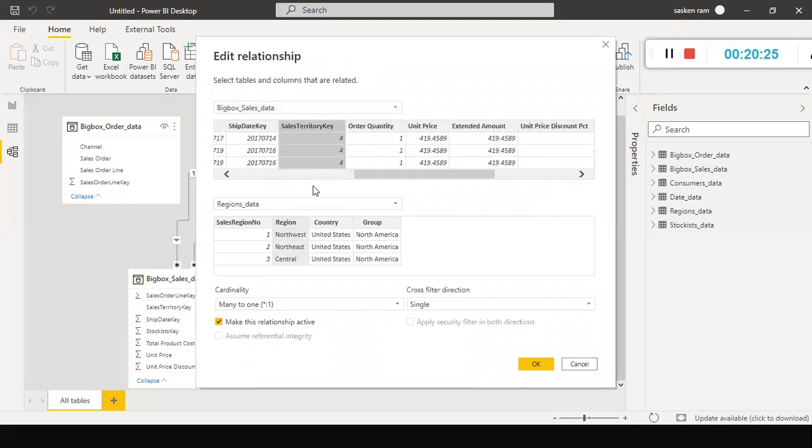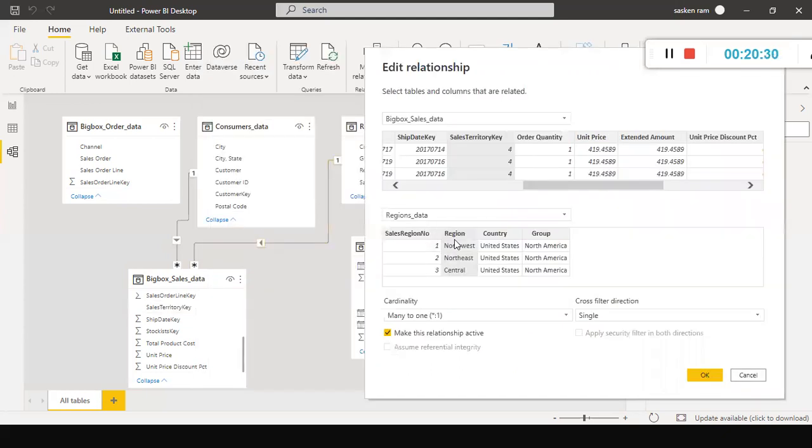So here sales territory key, but here also I made a mistake, right? Here actually it is the text value, but it is a numeric value. Somehow I forgot it. Though I know the business, I somehow forgot it. So this is not the common key column between these two tables.